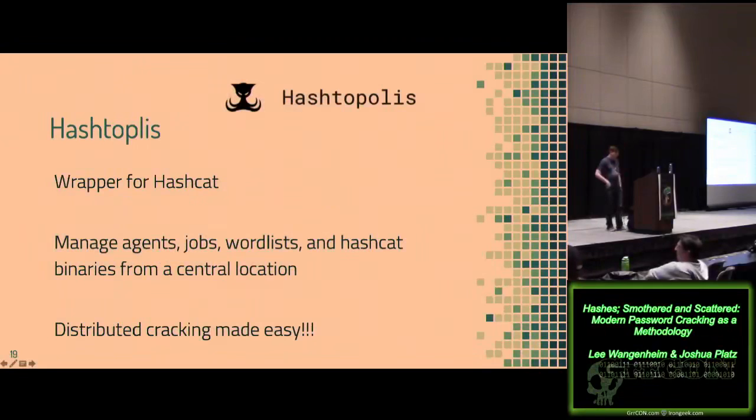Hashtopolis I kind of covered already. It is the wrapper for Hashcat. So all it does is it just manages agents and jobs and word lists. So you feed it the word list, you feed it the rules and all of that, and then it kind of farms those out to a bunch of different Hashcat binaries distributed across. It's very easy. It's a PHP written tool. We are using it internally, but only for our larger